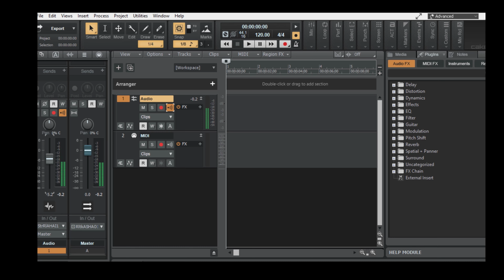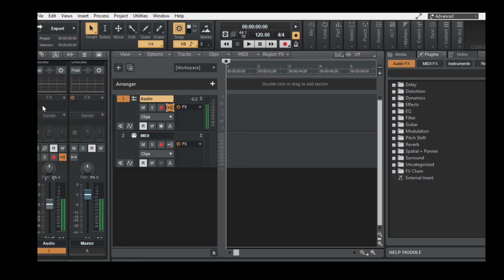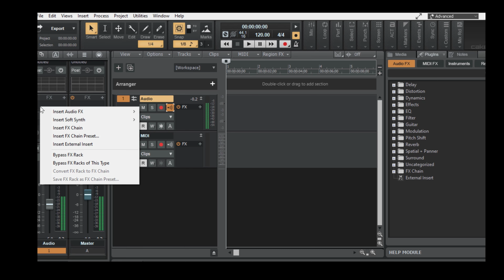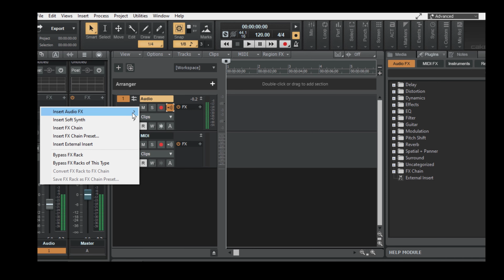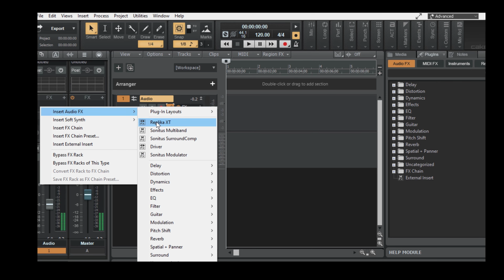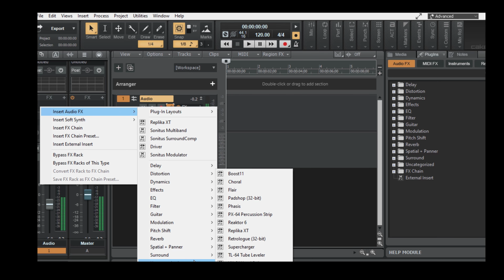What we're going to do here is import an audio, but you see that MIDI track. We don't need that MIDI track there, so we're going to get rid of that. But see, you scroll down to effects, and you right-click on there. And see, it says REPLIKA XT, a second one down. If for some reason you don't see it there, then scroll all the way down, and you'll see that it'll be to the right. See, it's over there, and then you scroll down if you still don't find it, all the way down to uncapped. They pretty much find everything there. It's right there too. So pull it up,